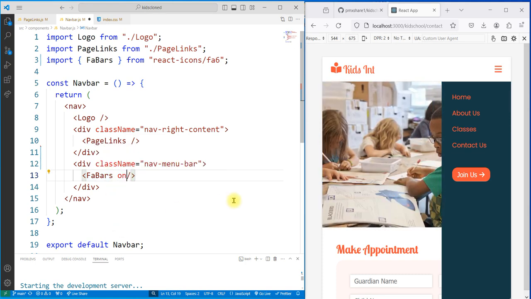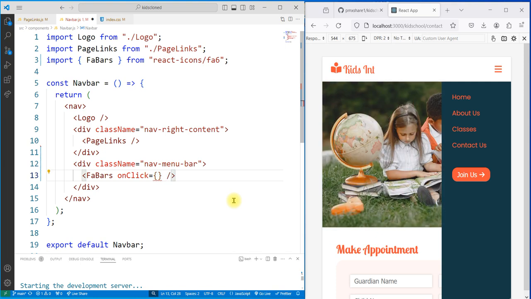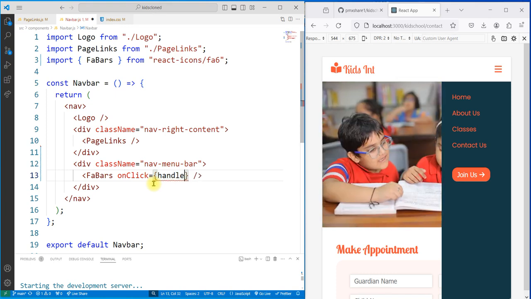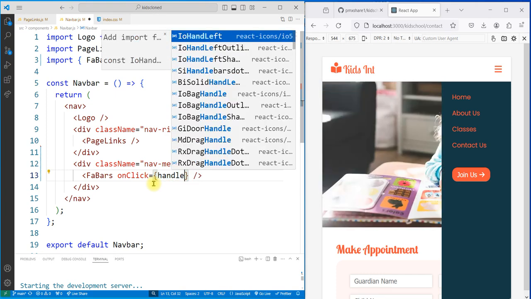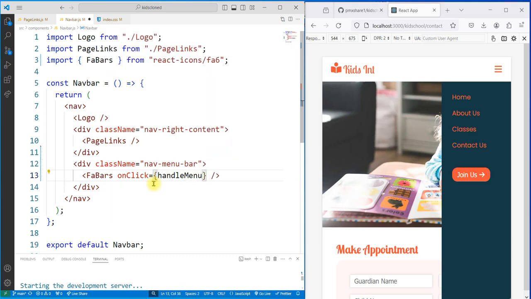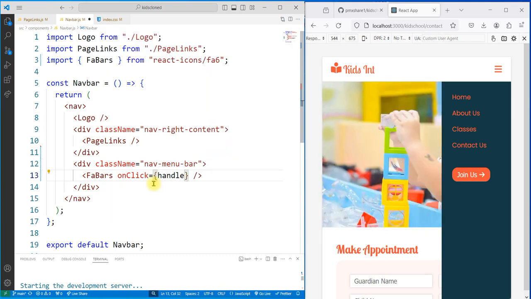So we'll say onClick, that is the click event. We have to create a function for it. We can call it handle toggle menu or something. So let me say handle